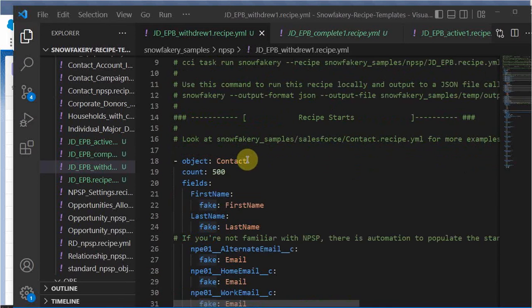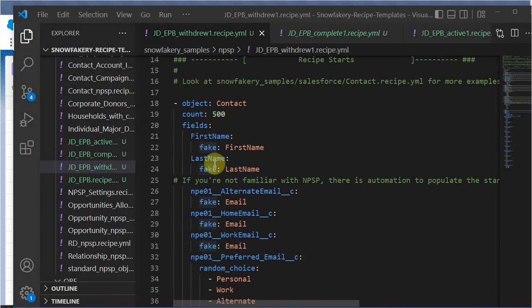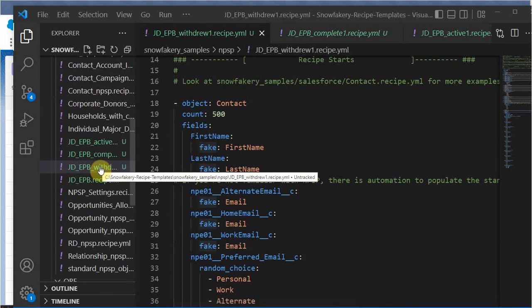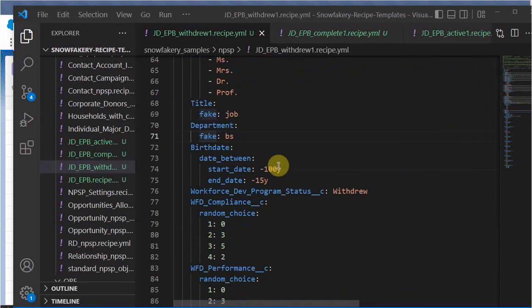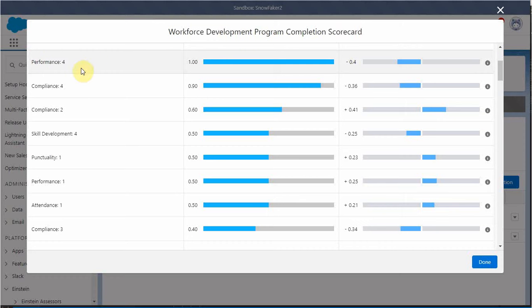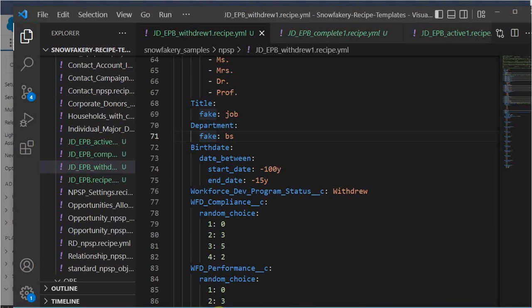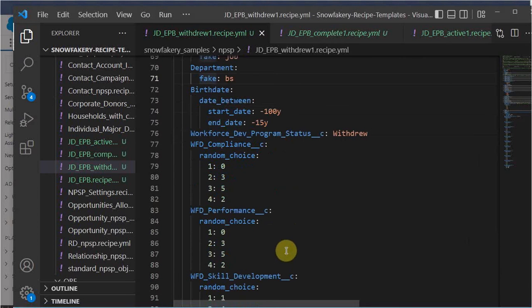But what we were doing was building contact records, and you can see this one is the withdrawn, and if we drop down to it, you'll see a code here that's workforce development status is equal to withdrew. So that was what we were doing. But if we look at, let's see which one, we're looking for performance 4, and so if we look here and we say, okay, workforce, here's performance. And so if we look at withdraw